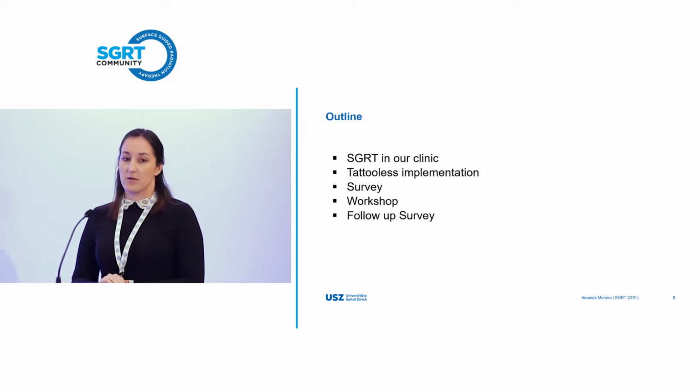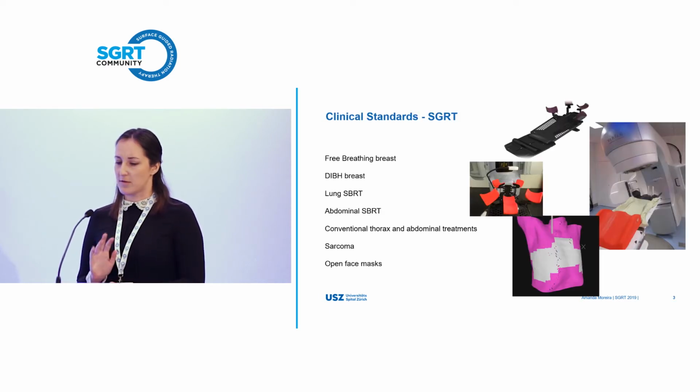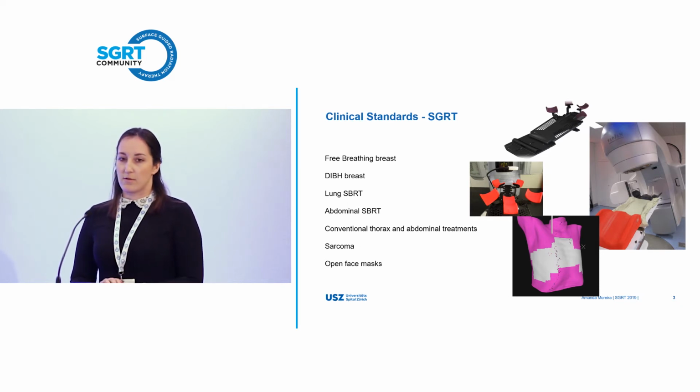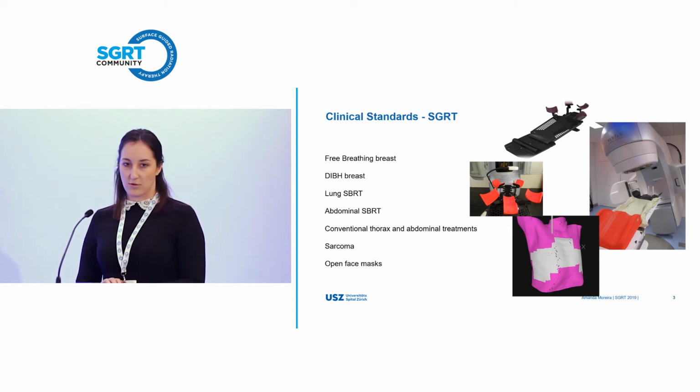So we've had SGRT in Zurich for just over 5.5 years. It's standard practice for all breast patients, free breathing and DIBH. We use it for lung and abdominal treatments, including T and L spine, stereotactic and conventionally fractionated. We use it for sarcomas. We just started an open face mask clinical trial, but we really wanted to take an additional step and go